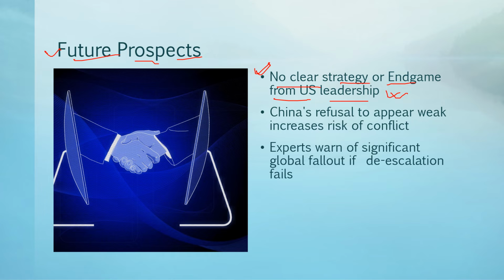स्ट्राइक विथ टैरिफ टू चाइना कंटिन्यूसली। तो ये चीज़ें चल रही हैं। फिर चाइनाज रिफ्यूजल टू अपीयर वीक इंक्रीजेज रिस्क ऑफ कॉन्फ्लिक्ट। चाइना जो है वो भी बैक डाउन नहीं कर रहा है। ऑब्वियसली चाइना का भी लॉस हो रहा है, सो इट इज़ नॉट गोइंग टू बैक डाउन। वो भी उसी रिस्पॉन्स में, उसी इंटेंसिटी के साथ इकोनॉमिकली टैरिफ स्ट्राइक कर रहा है, राइट?